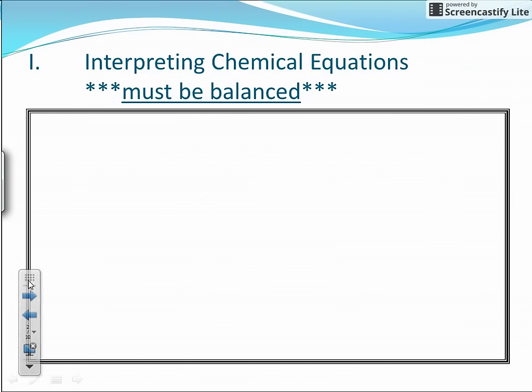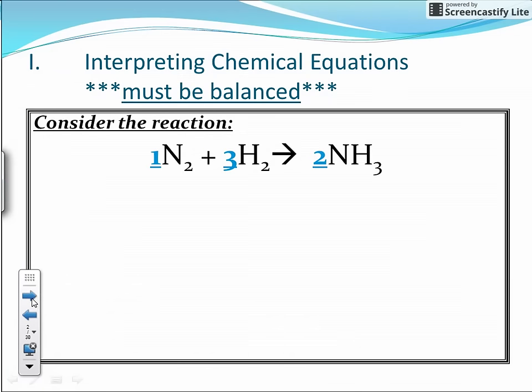Let's first talk about how we interpret chemical equations. Now, in chapter 11, we learned how to balance chemical equations. So any chemical equation must be balanced and it must have the correctly written formulas. Now, if we consider the reaction here, that is the formation of ammonia, where diatomic nitrogen reacts with hydrogen to produce NH3, which we know as ammonia, you will notice that it's balanced with a 1 to 3 to 2 ratio. These coefficients